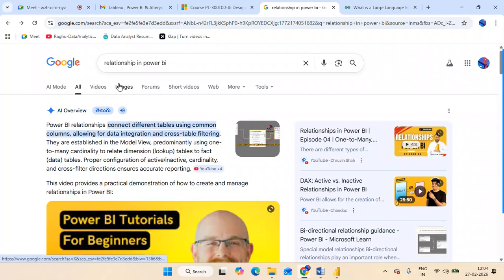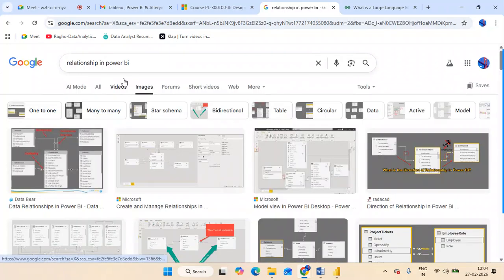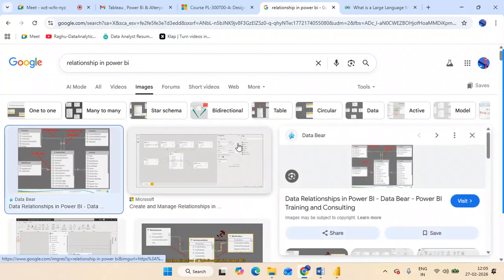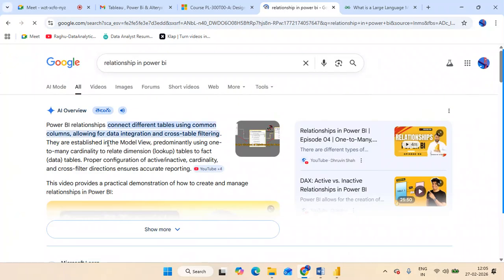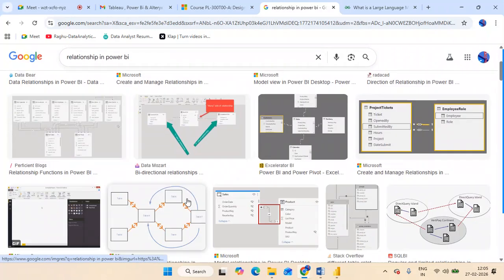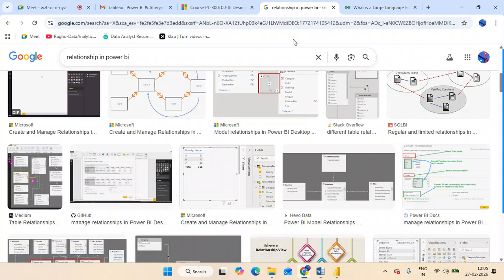So that's how I do it, in the simple way of creating images and seeing those images, I am able to learn it. But before going to that, at least I try to understand the definition. So from here I try to understand the definition, and if I still don't understand, I immediately go to the images and refer to some images. Likewise you have to do it.